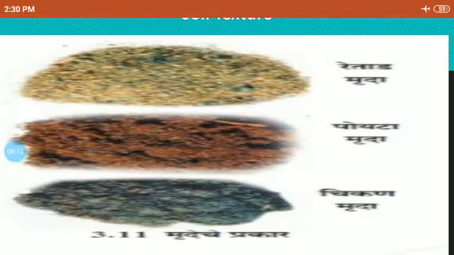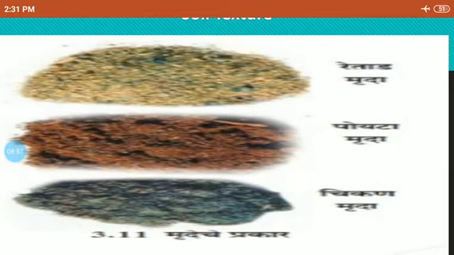Okay. The next type is clay soil. In this soil, the proportion of small particles is maximum. The particles of clay soil feel smooth to touch. Clay soil has a high water holding capacity. See, sandy soil has low, silt soil medium, and clay soil has a high water holding capacity, and this capacity is on the basis of the particles of that soil.